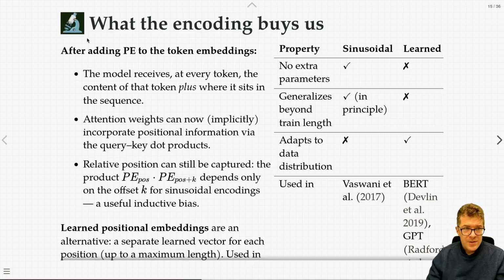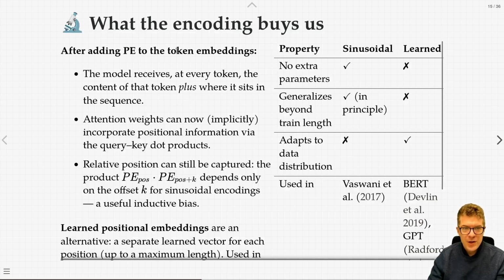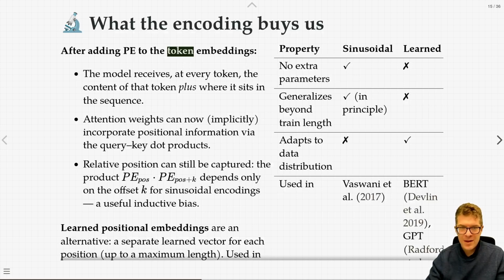So this is certainly a side note. Why are we doing position encoding? What does it actually get us? Well, once we add position encoding to the token embeddings, like I just mentioned a moment ago, the model will receive the content of the token. So what does the word actually mean? But it'll also get where it sits in the sequence, so it'll know which words are close or far from each other. So now these weights that are learning what to attend to will implicitly incorporate positional information via these query key dot products. If I'm at a particular position and I'm trying to figure out what to pay attention to, I can do so by also being sensitive to where the position is relative to where I am currently,